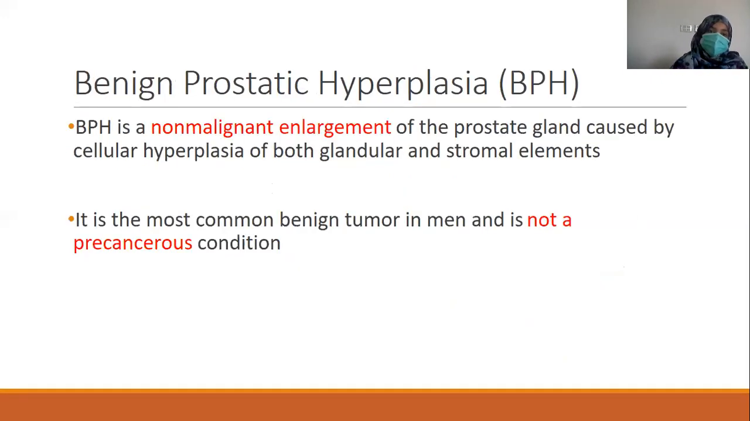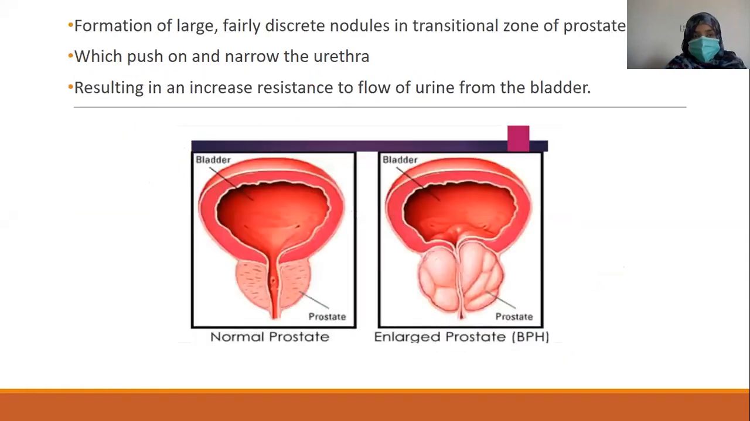Benign prostatic hyperplasia is a non-malignant enlargement of the prostate gland which causes cellular hyperplasia of both glandular and stromal elements. It is the most common benign tumor in men and is not a precancerous condition. Another thing is that both glandular and stromal elements become hyperplastic. So there is formation of large, fairly discrete nodules in the transitional zone of the prostate, which push and